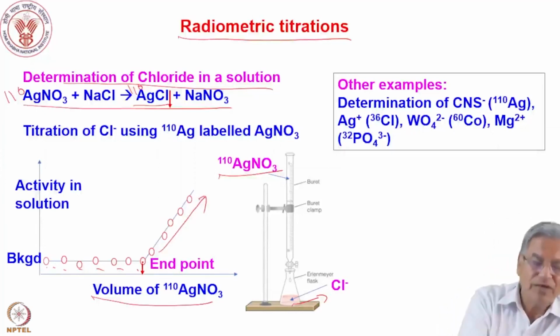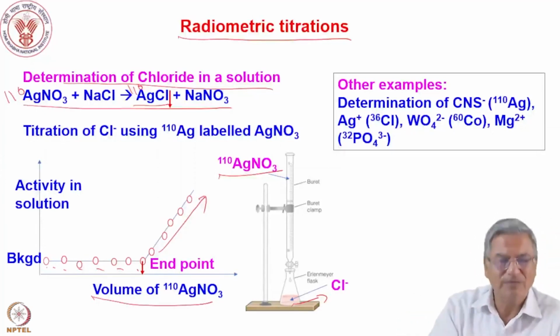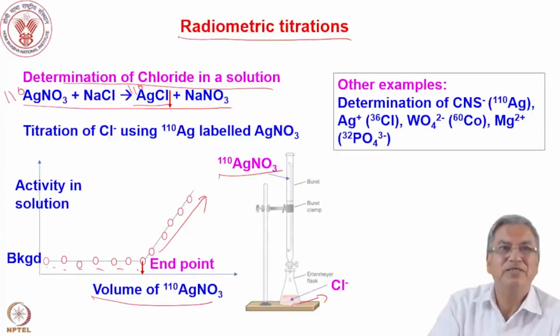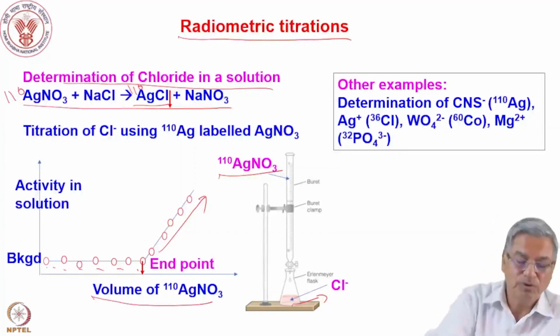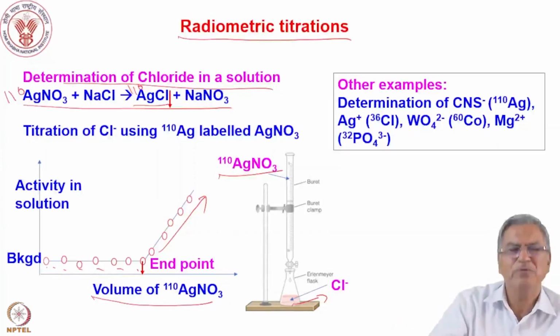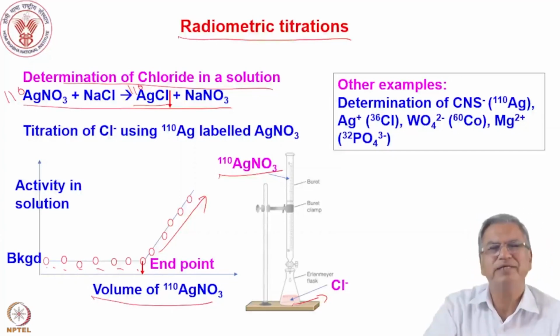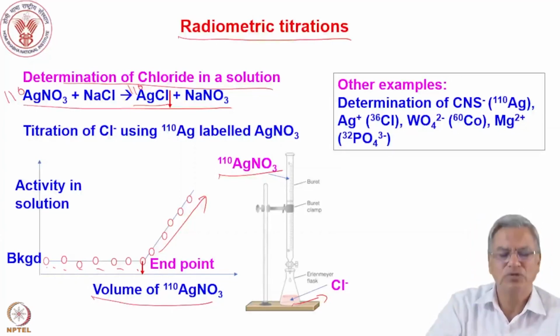So you can then find out the end point, what is the concentration of silver nitrate that is sufficient to precipitate all the chloride. Beyond this, the silver nitrate is not precipitating, the activity is going up and up because you are just adding one solution to another solution. So that is how you can find out the equivalence point, and a very simple experiment based on radiotracer counting can be done to do the